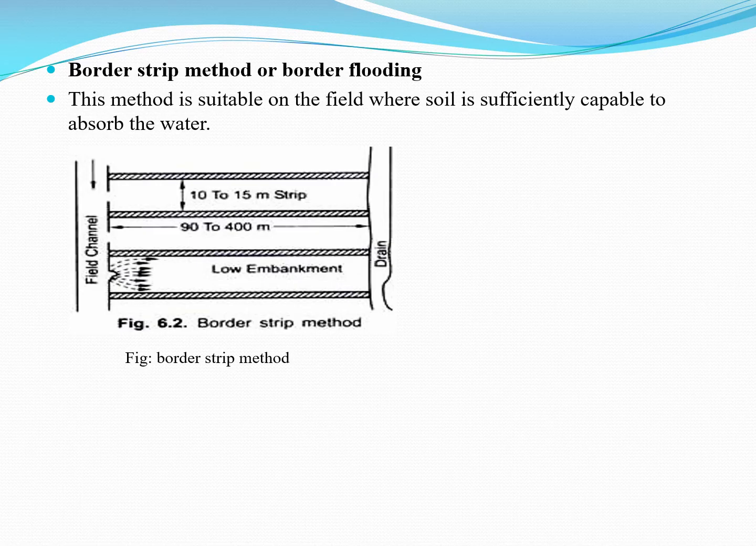Okay, in the field channel at the head of each strip, extra water is generally removed from the strip by means of a collecting drain. So by this collecting drain, the extra water is removed from that strip, and it is collected at that collecting drain, and this collecting drain is provided at the other side of the strip. Okay,